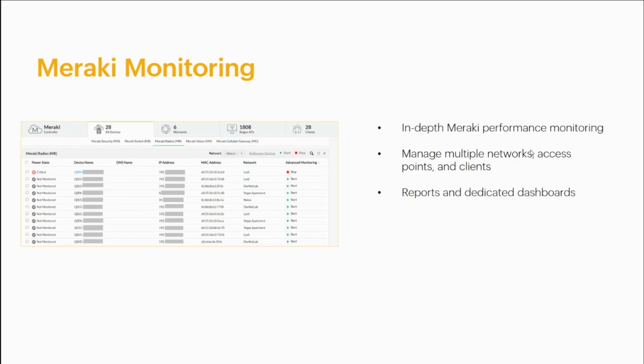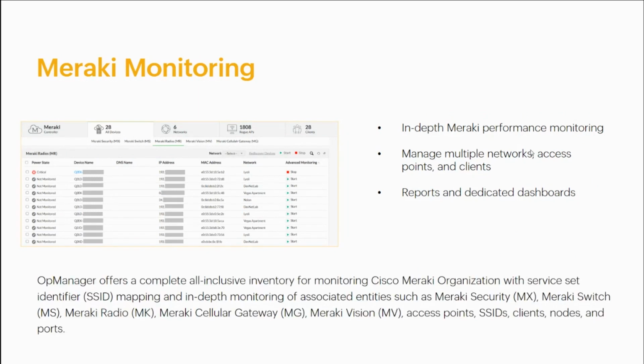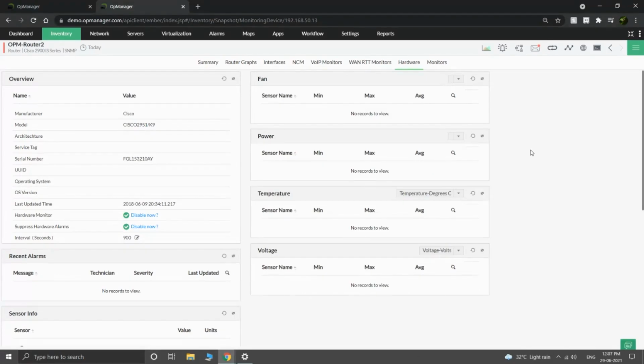It allows you to discover and monitor all the organizations and networks that are connected to the Meraki controller, and you can monitor the associated entities such as Meraki security, Meraki radio, Meraki switches, or cellular gateways. You can monitor all those associated entities in detail for availability and performance. And you can also have a wider understanding of the rogue SSIDs, the clients, and the access points that are connected with the discovered Meraki cluster.